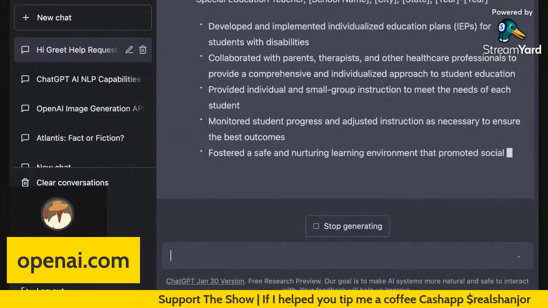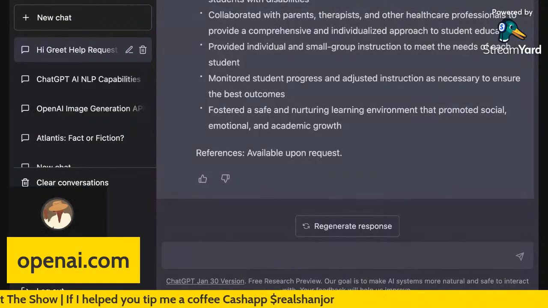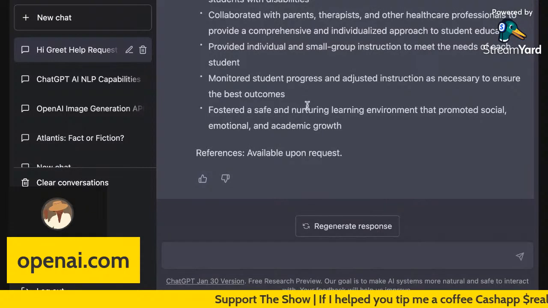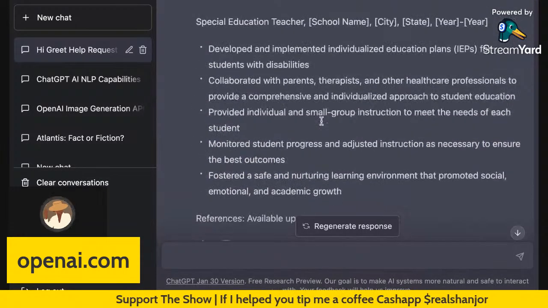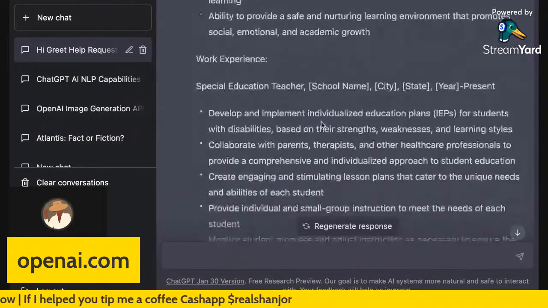Now, technically you can take bits and pieces of this. For me, I probably wouldn't copy and paste the whole thing. But if you want to do a YOLO and copy paste the whole thing, do it. But if you want to, let's say, take that bullet point and then mix it with this bullet point, mix it with that bullet point, however it goes, guess what? It just gave you a whole format.